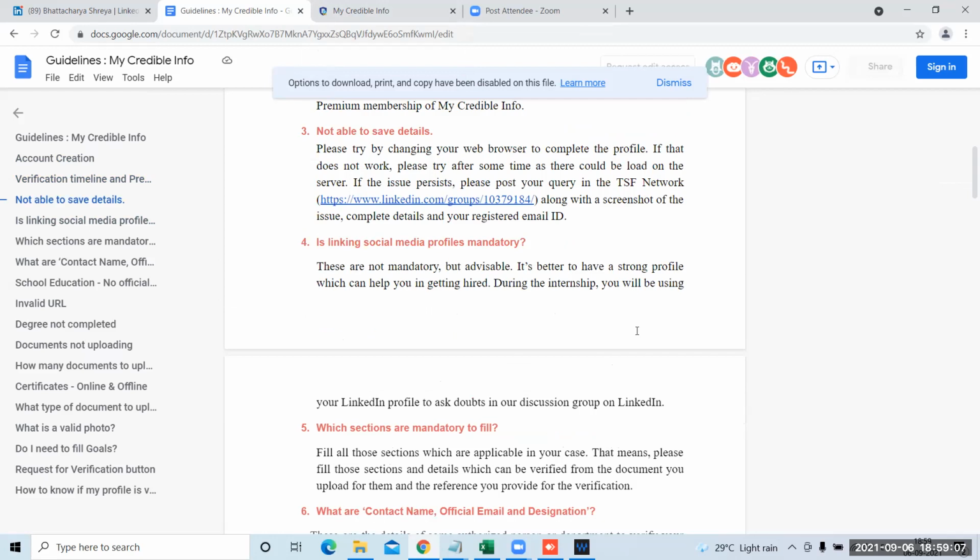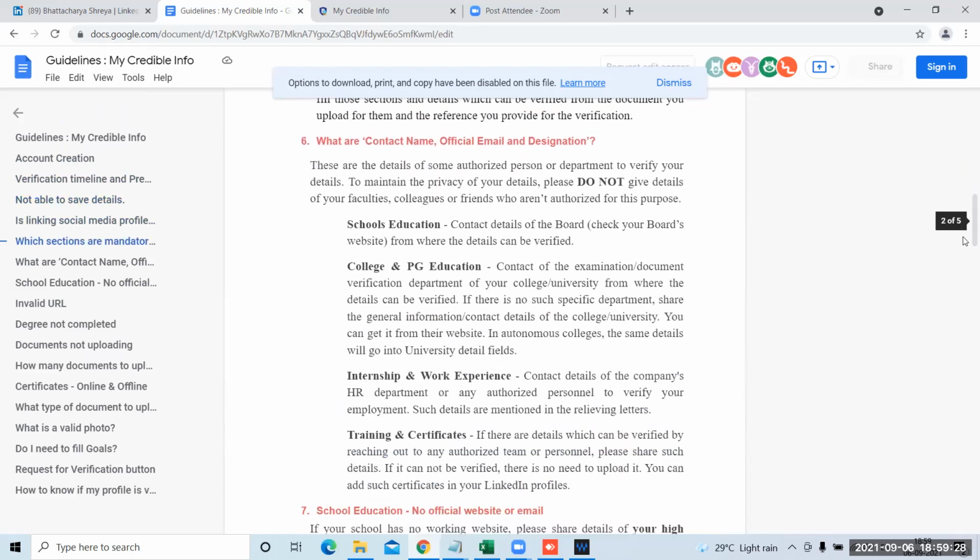Like if you have everything complete, and during internships you'll be using your LinkedIn profile to ask doubts, so that would be better if you could add a LinkedIn profile. It's the same way you can grow your network as well as complete your profile. It's an add-on advantage. So it is advisable to add it. Otherwise, it's your choice. Going on to the next step, it is the fifth one, which means you have to